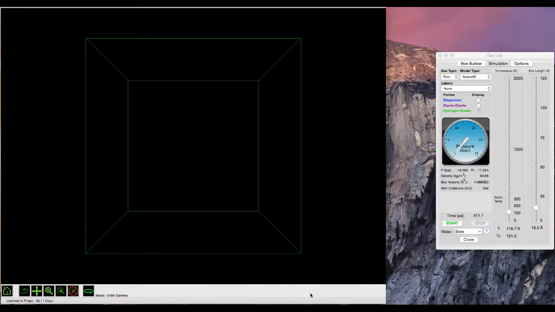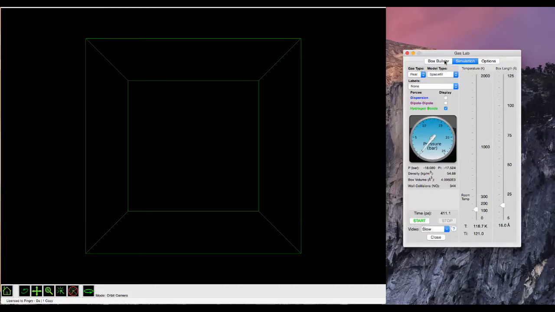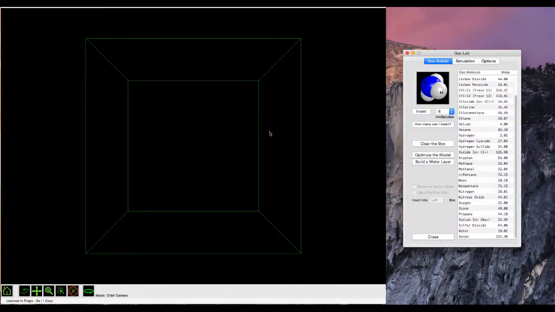So this is Adam Smith. It's a program that we can buy a site license for so that every kid can have it on their own computer. On the right here is our box builder. This is going to allow us to control this box, which is a simulation. Let me give you an example of some things we can do.